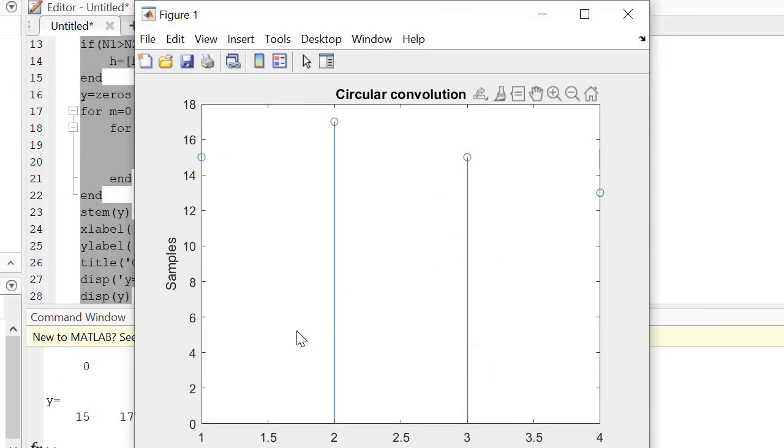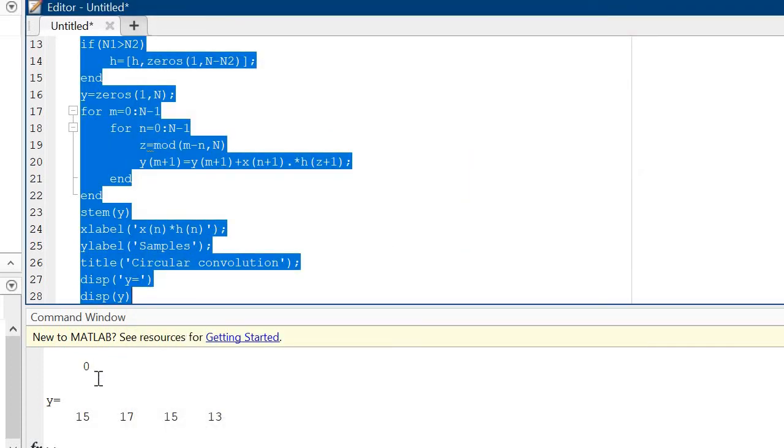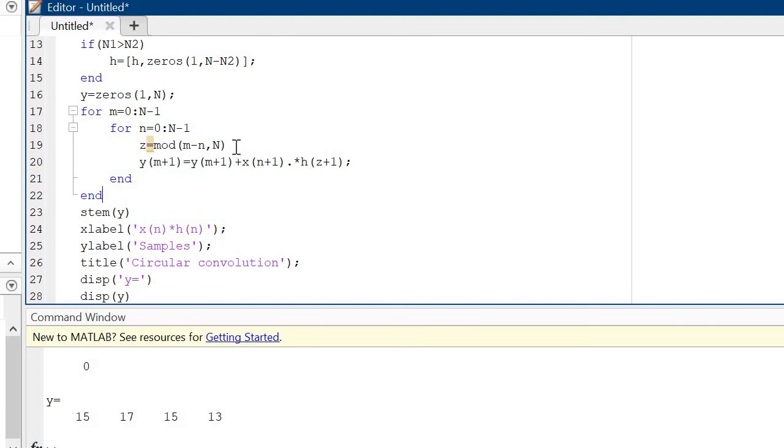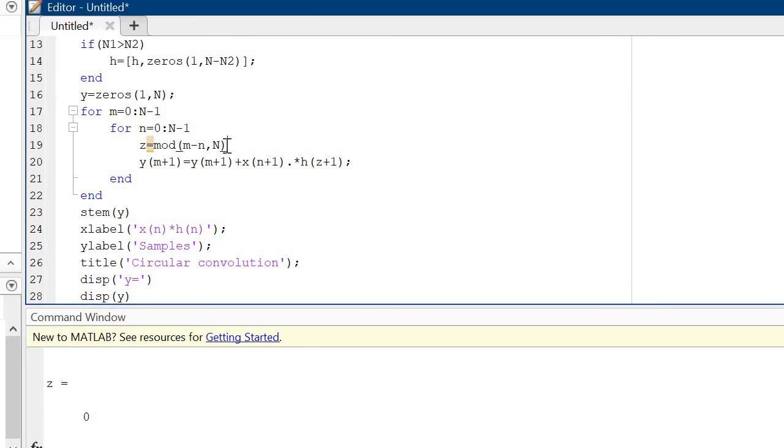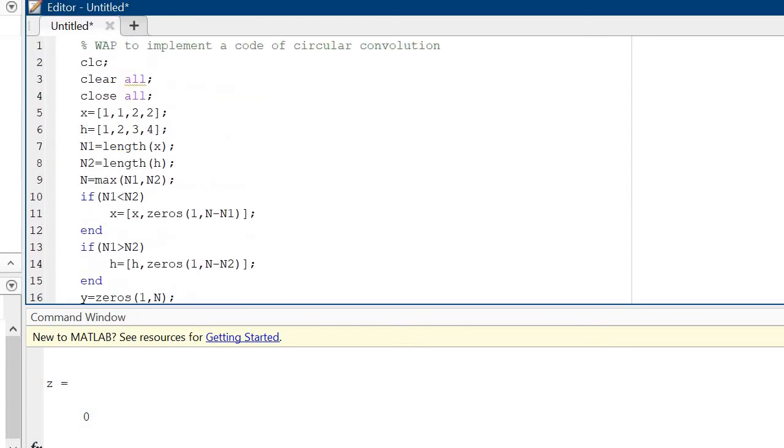Okay, this is the final result. The result is 15, 17, 15 and 13. Okay, now what I will do, and you see that it's a 0, and why it is 0, which value is this one, it's z, and you can apply this semicolon also over there. Okay, this is my result.